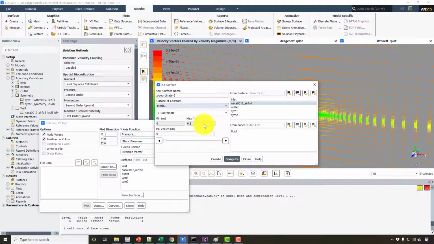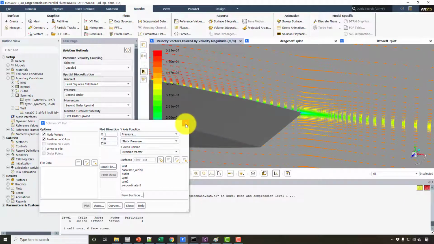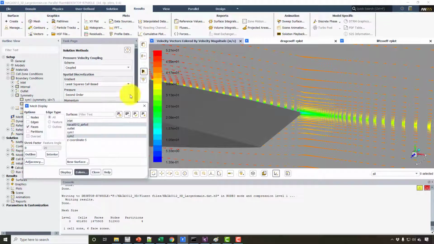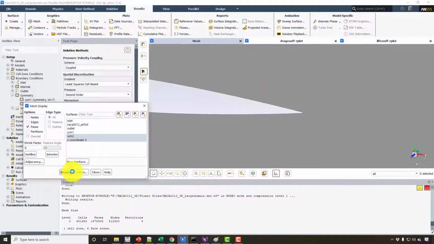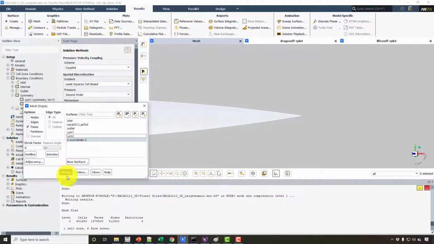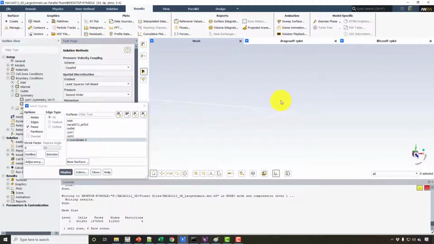So we have the value from 0 to 0.3, so I can keep the value 0.0, and I can get the one curve. So I can display this curve here. As you can see, this curve is exactly the shape of this aerofoil on the one symmetry plane.